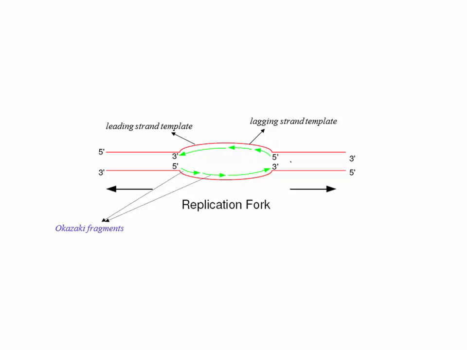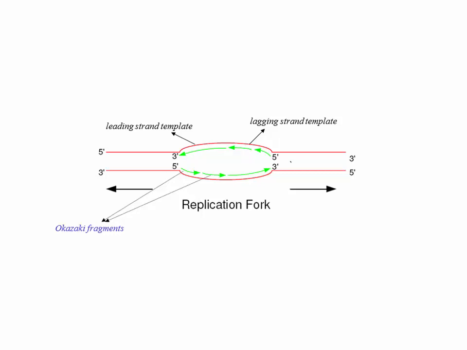On the other hand, if you look at these strands here, let's say you started here, then you synthesize this. In the meantime, this stuff here has opened up, but you cannot go and synthesize in the 3 prime to 5 prime direction. So you have to somehow jump from here and again synthesize from 5 prime to 3 prime. So you see there's a problem.